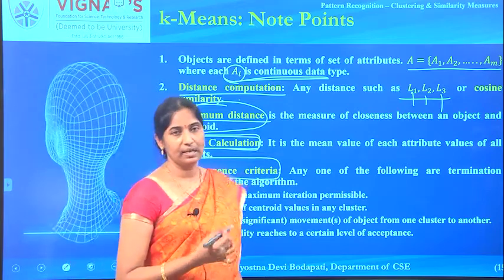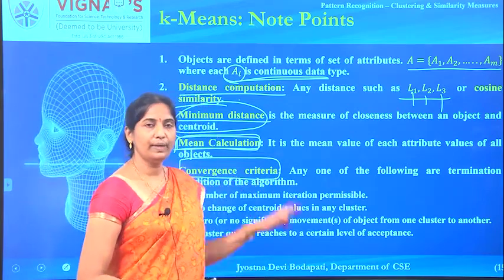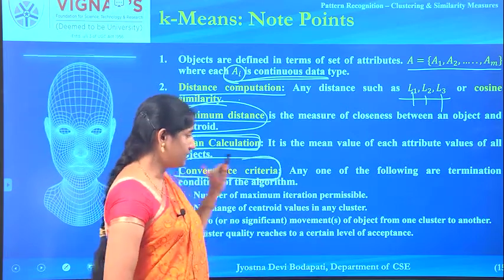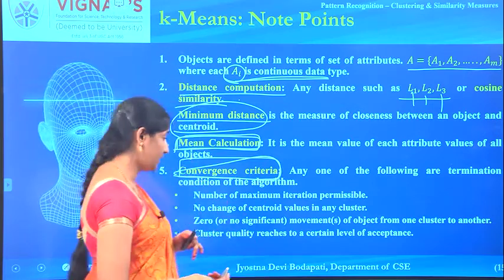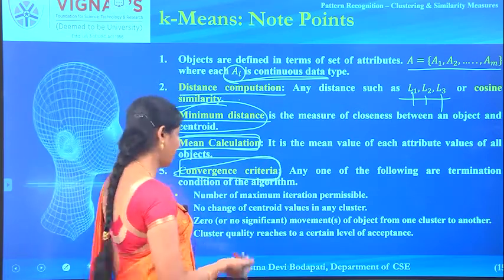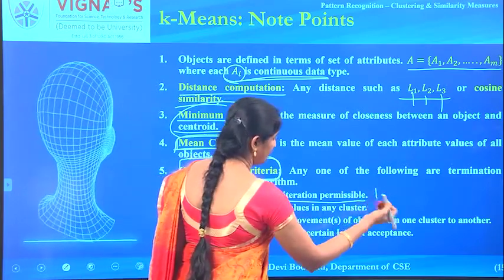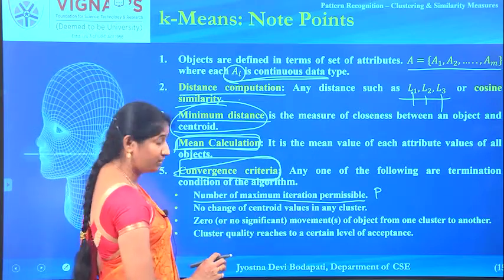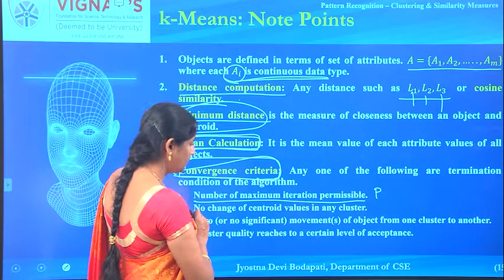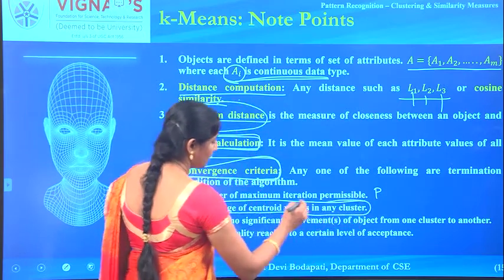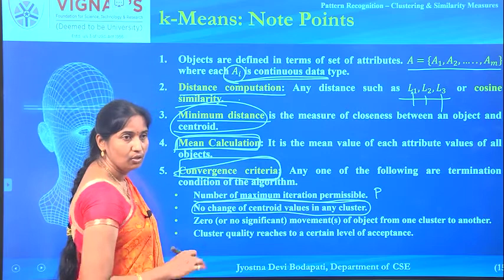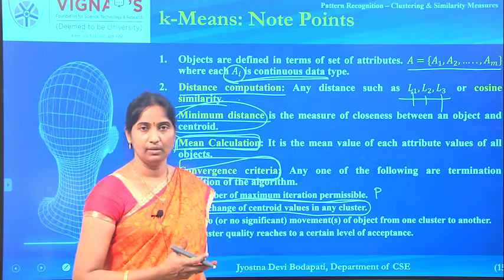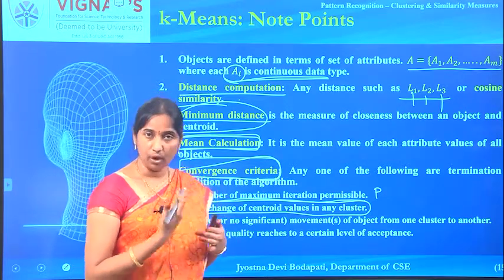As I said while discussing the algorithm, you need to repeat the process for some number of iterations till the convergence criteria is satisfied. And what can the convergence criteria be? One way is simply to repeat the process for some p number of iterations. Otherwise, as long as there is some change in the cluster assignment, you can repeat the process. After some number of iterations your clusters will not change, they become stable, so even if you repeat the process, there will be no use.